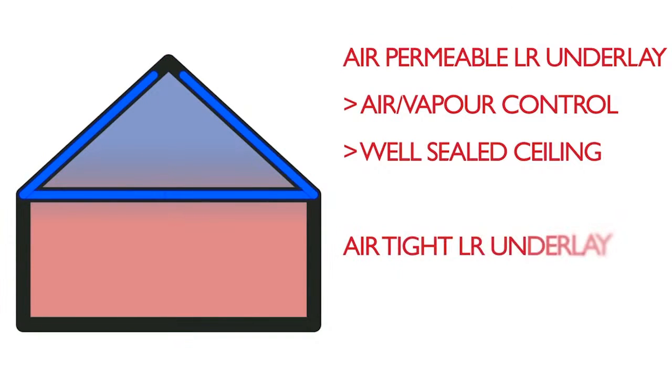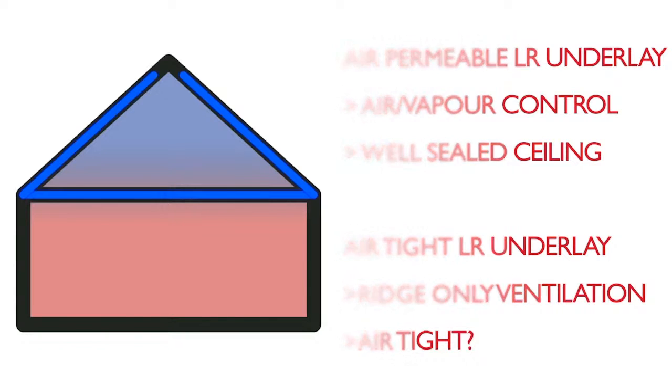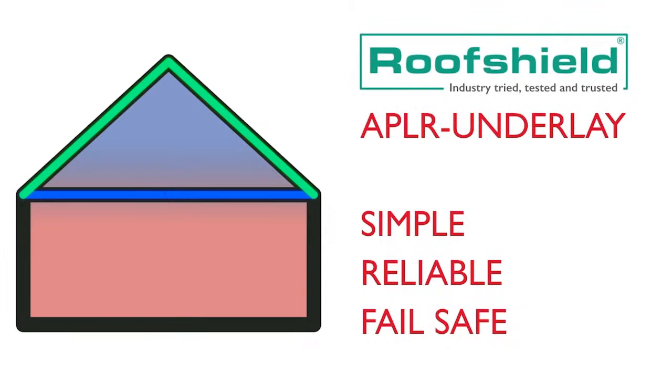Whilst it may be tempting to consider an airtight LR underlay a good step to reduce the air leakage, such membranes will often require a degree of ventilation, such as the ridge-only openings. In practice, this means an airtight underlay does not necessarily mean an airtight cold roof. If the ceiling or air barrier requirements are more or less the same either way, an APLR membrane such as our Roof Shield presents a far simpler, more reliable and fail-safe means of ensuring condensation risks are mitigated in cold